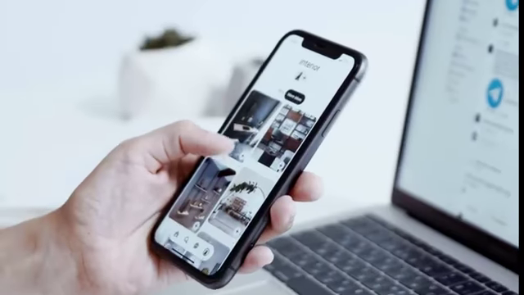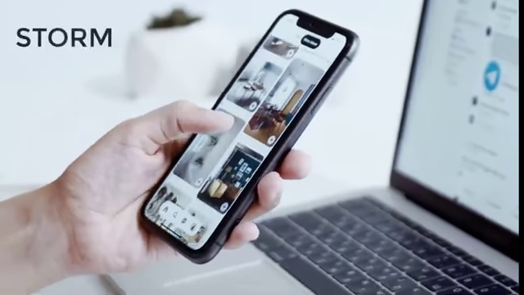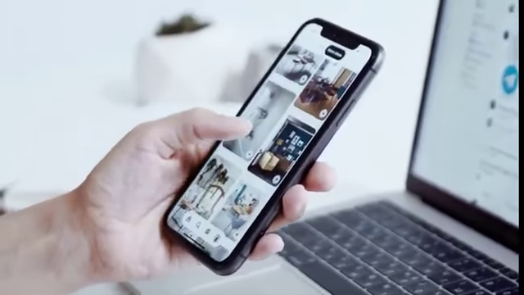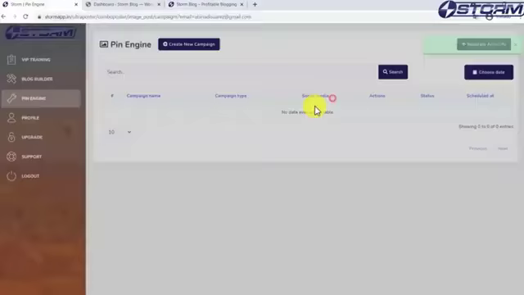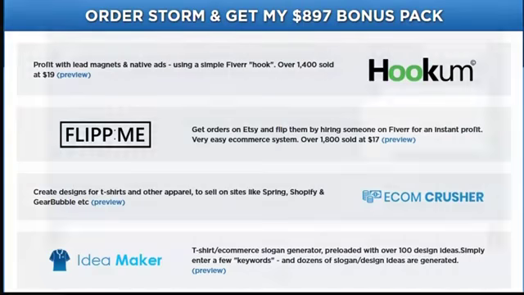Okay, hello and welcome. Chris here with a video review of Storm, which allows you to make commissions simply by copying and pasting from Pinterest. Now, before we get into my demo of Storm along with details of my bonus pack, I want to briefly back up